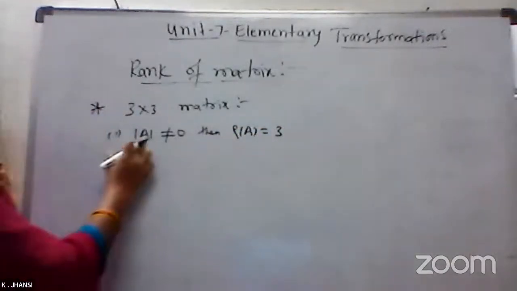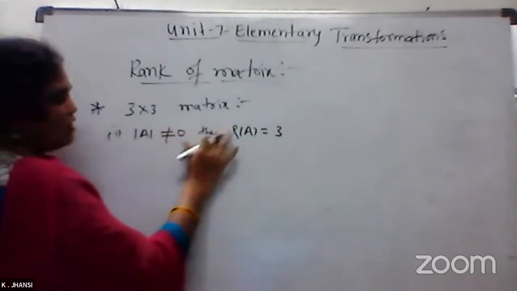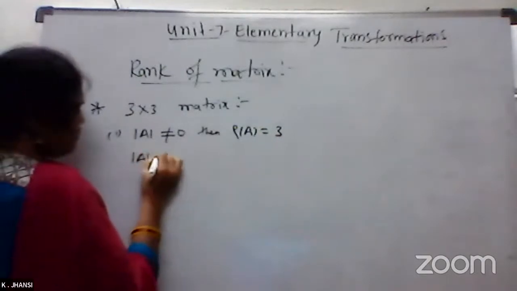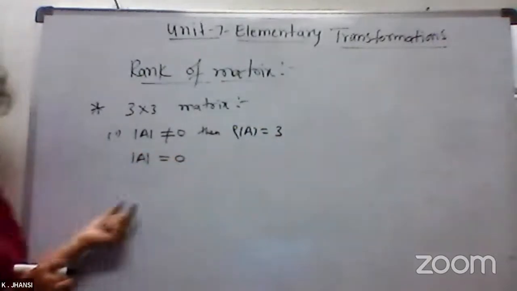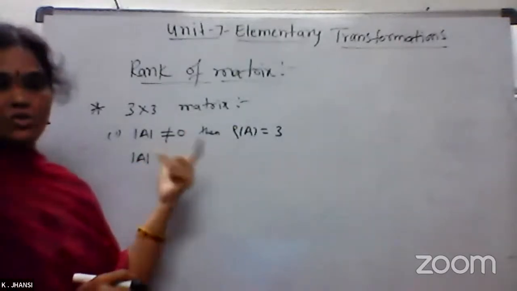So if the determinant of a 3 by 3 matrix is not equal to 0, then the rank of A equals 3. And if the determinant of A is equal to 0,